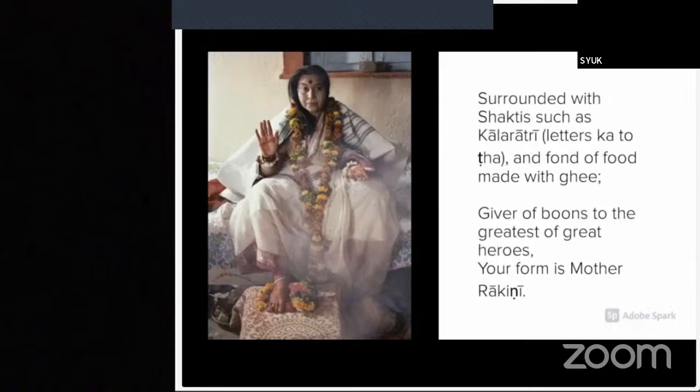Surrounded with Shaktis, such as Kalaratri, letters Ka to Tha, and fond of food made with ghee, giver of boons to the greatest of great heroes, your form is Mother Rakini.